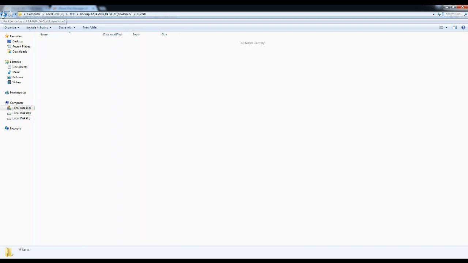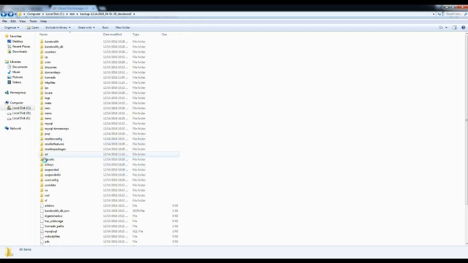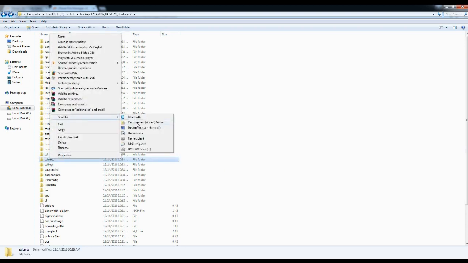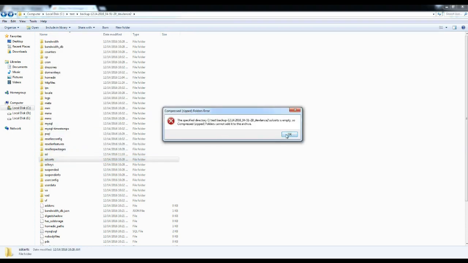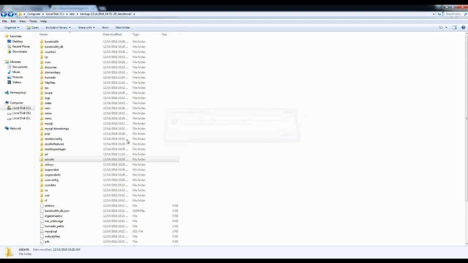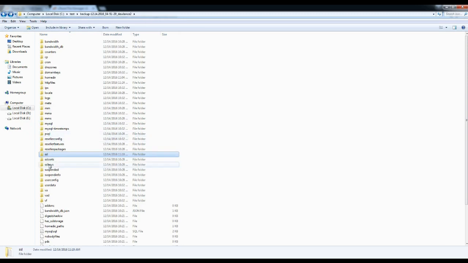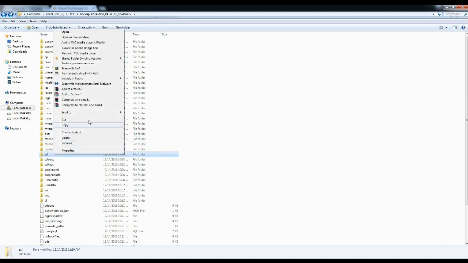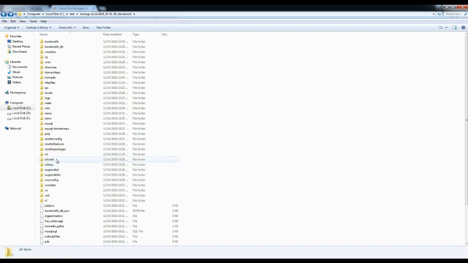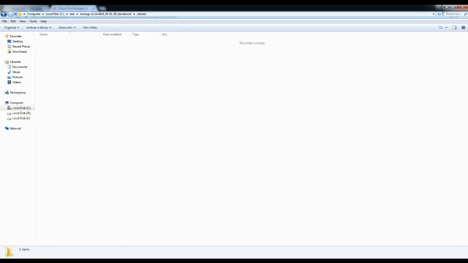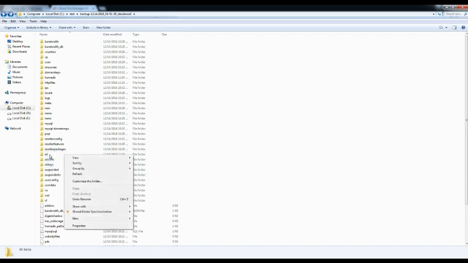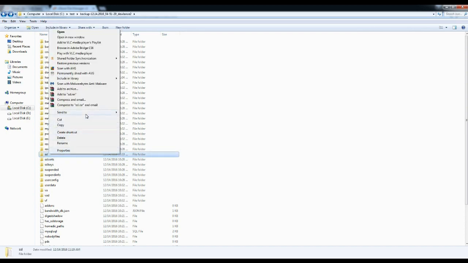This one is empty, so we cannot compress an empty folder. Here you can see the error, but we can compress a folder which contains a file. This one is an empty folder,